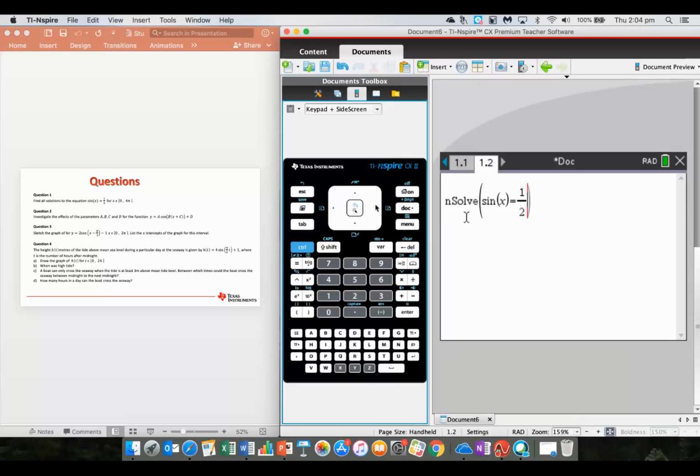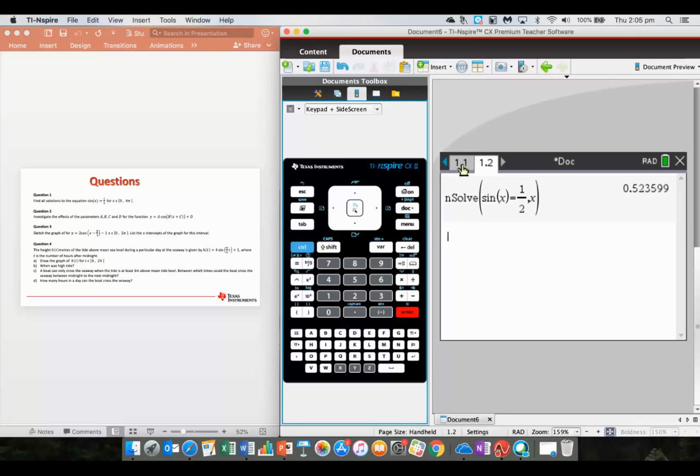And because I'm solving for x, I must use this comma here and tell the calculator that the variable I'm solving for is x. So comma, x, and enter. Now what the calculator does is it's only able to give me one solution. It gives me the first solution, which if I flip back to the